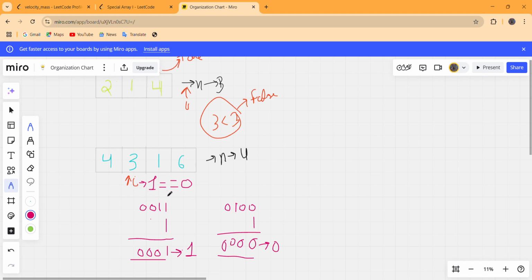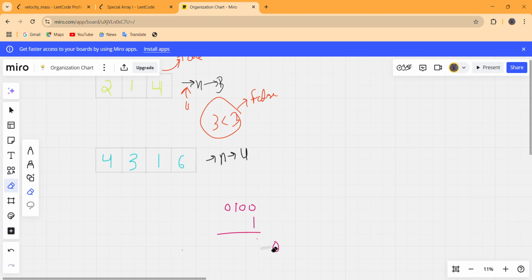No, so the if condition is false and I is incremented to 2. Let us erase all this. I now points to this 2, and the condition of the for loop will check again.